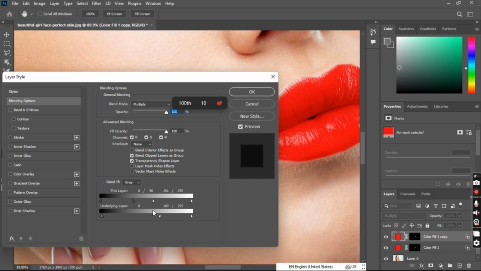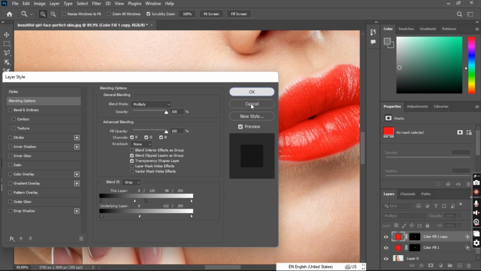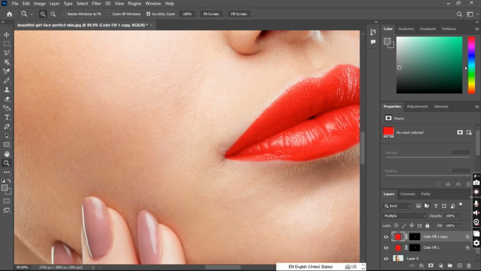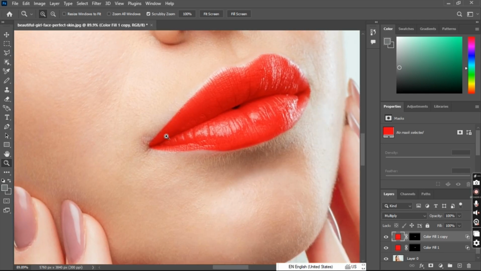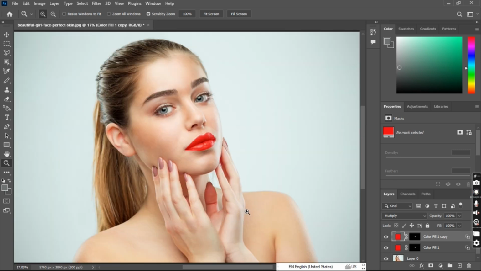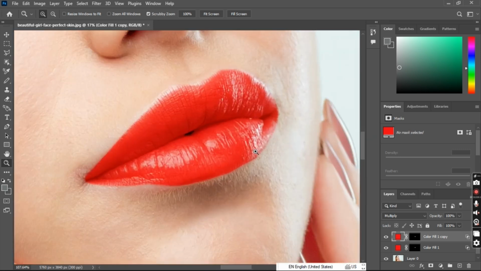And drag here too. So we have our texture revealed. And there goes the beautiful lady,